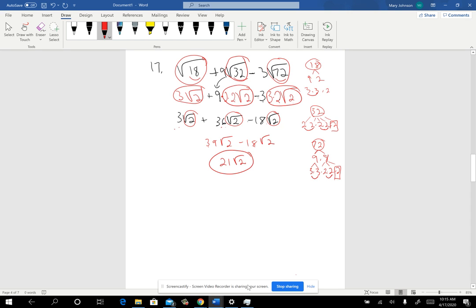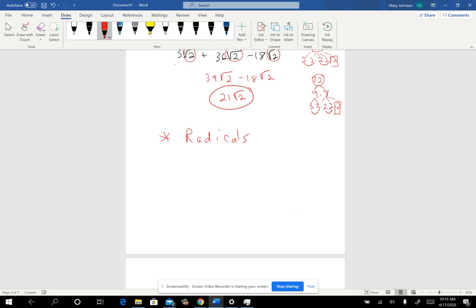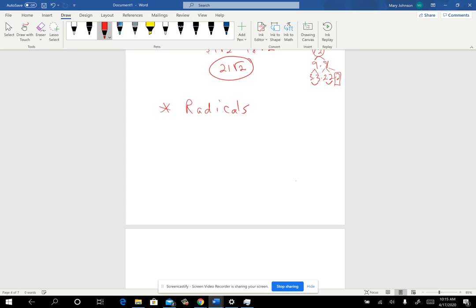All right, we're going to now look at just multiplying radicals. When we do this, I just want to get you to think about something different than what's on the sheet for just a minute. Sometimes you're going to have to take something like 2 square root of 5 and multiply it by 7 square root of 3. And it's possible to do that, even though the radicals are different, because